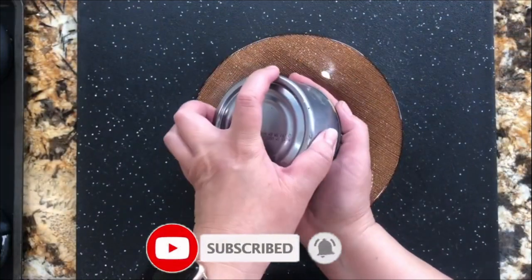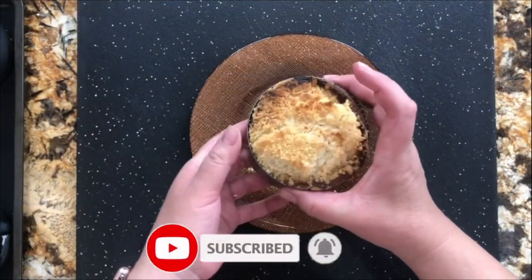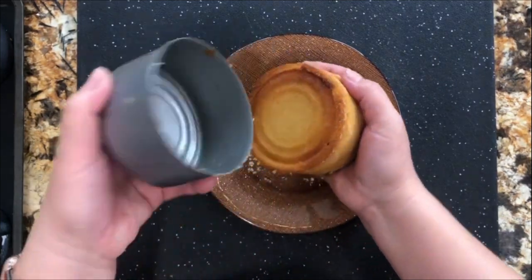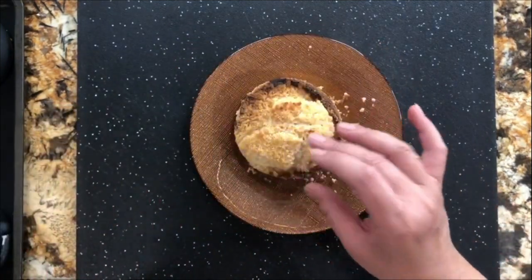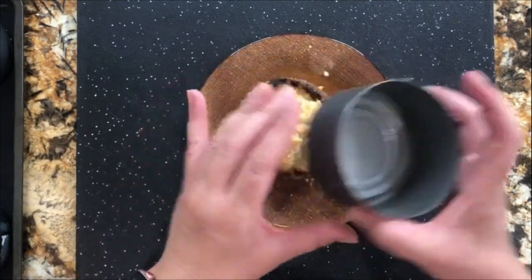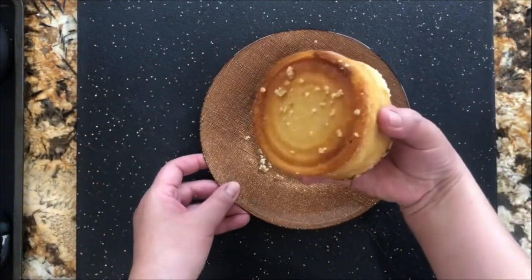And now let me show you how easy it is to take it out of the baking dish. Look at this. It cooks perfectly. And let me show you that nothing sticks inside. Nothing at all. And let me show you how these